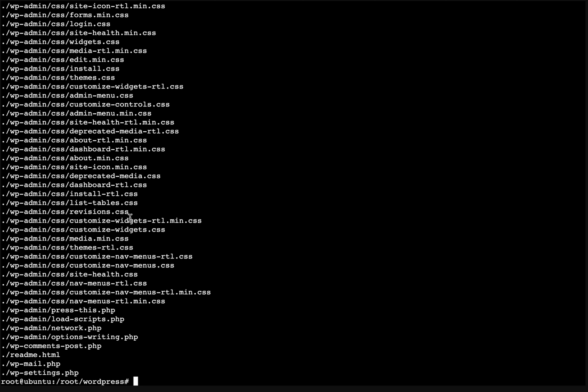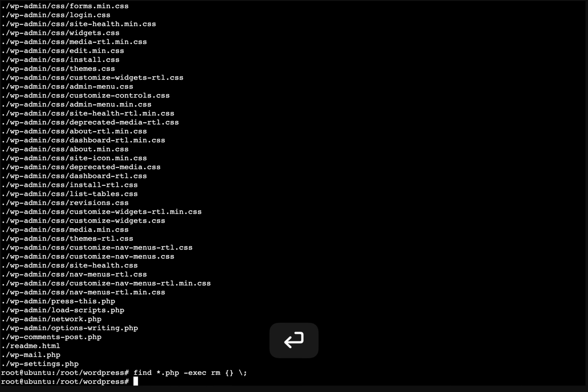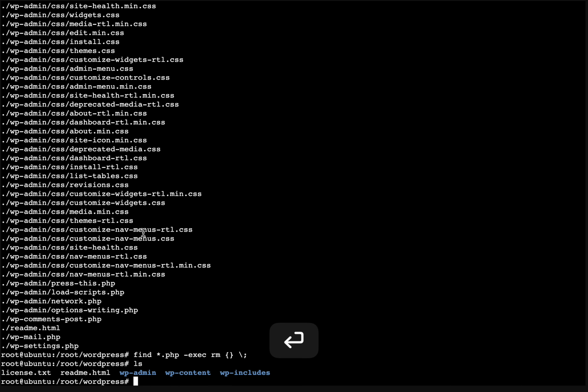We can also start a program if you want. So for example, find all files with PHP, and then exec. Bear in mind there are no special symbols, these are arguments, so we can find and delete without needing to combine commands. It means it removes all files with such a name. Done. And as we see, it deleted all files